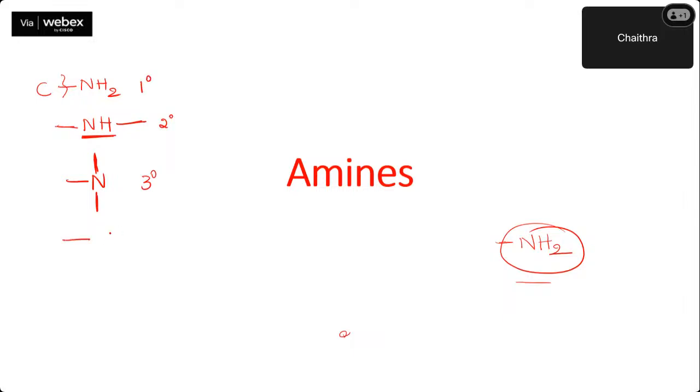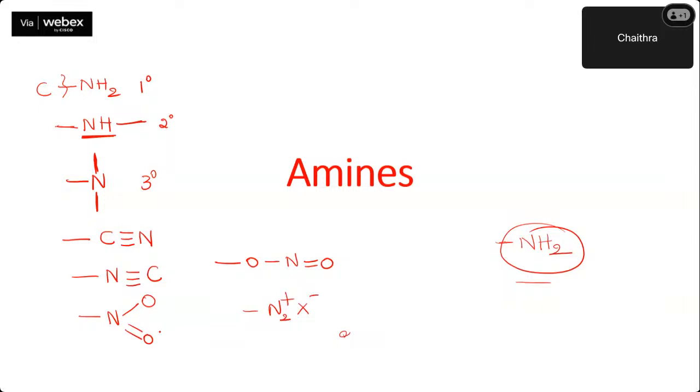And we also have other classes where nitrogen is also present. This is cyanide. If the linking happens through nitrogen, it is called isocyanide or isonitrile. Similarly, you have the nitro group, where the linking happens through nitrogen. If the linking happens through oxygen, it is called nitrite. And you have diazo salts also. So all this you will be using in this entire chapter. Let us start with just knowing what the important details of amines are.